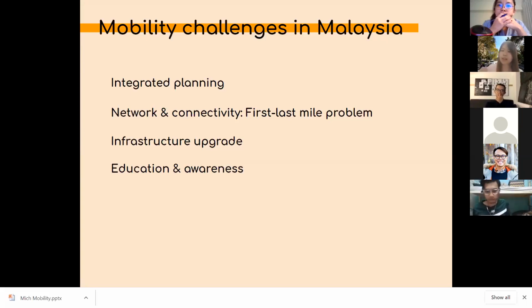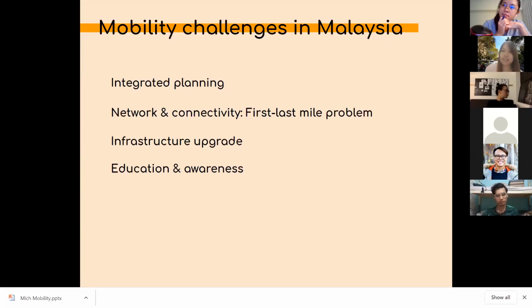You still need to take a bus or taxi or car to reach the station. So this first and last mile problem is discouraging people from taking public transport. So yeah, I think we need to solve this. And also infrastructure upgrade is important as well, like providing more intermodal options. And also